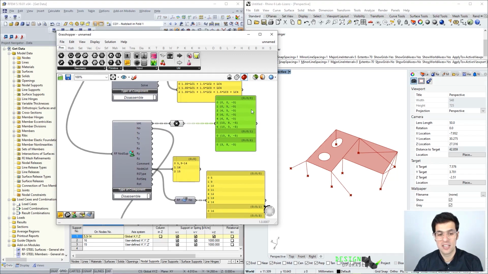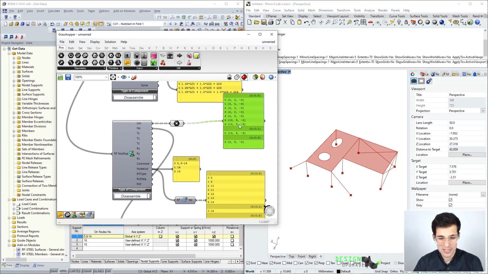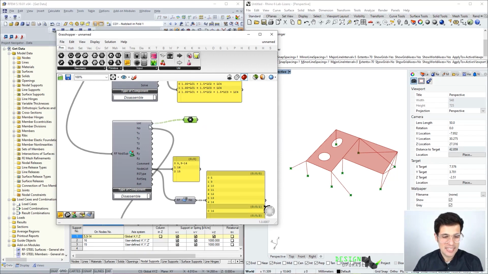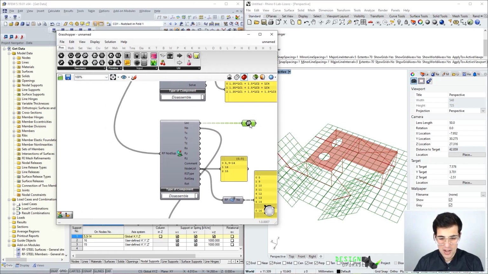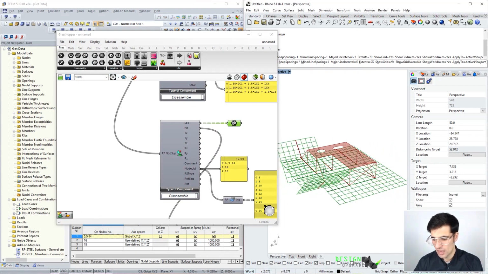So the first branch would be of course the support number 1, which has these 7 items. Okay, but this is interesting, but I wanted to explain that this is not a point parameter, but a plane parameter. Okay, so why is the reason for using a plane parameter? Let's try to explain that. So now if we get this kind of plane parameter, we can see the supports in RFEM as well,